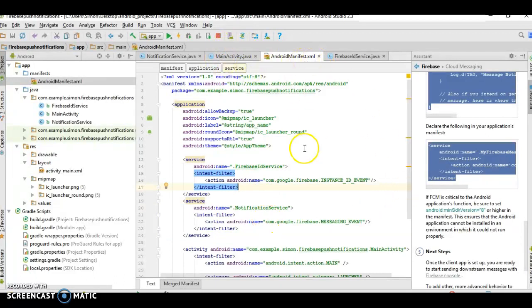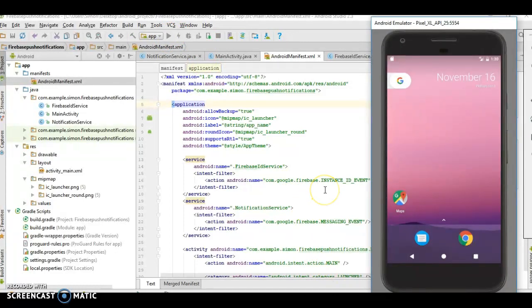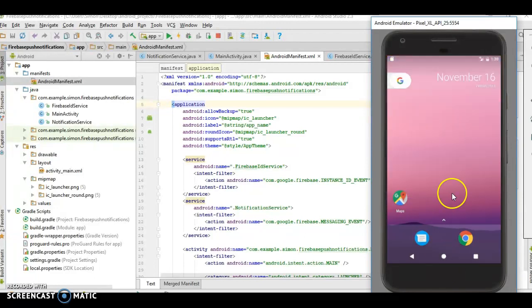Now, since we are done here, we can just fire the thing up. There we go. I'm using my emulator to do this. And as soon as, okay, here we go. It is running. Now we can just close the application,